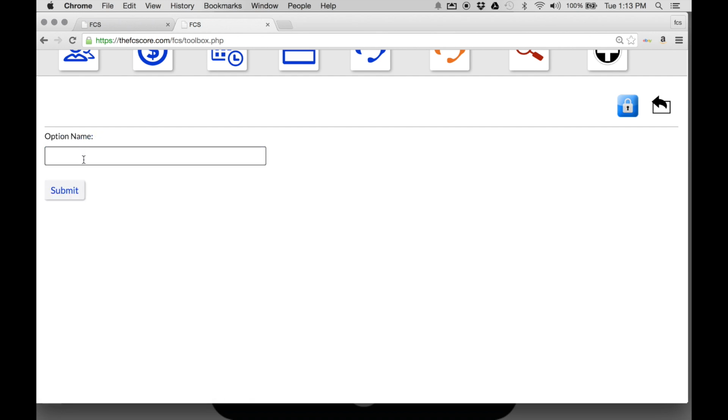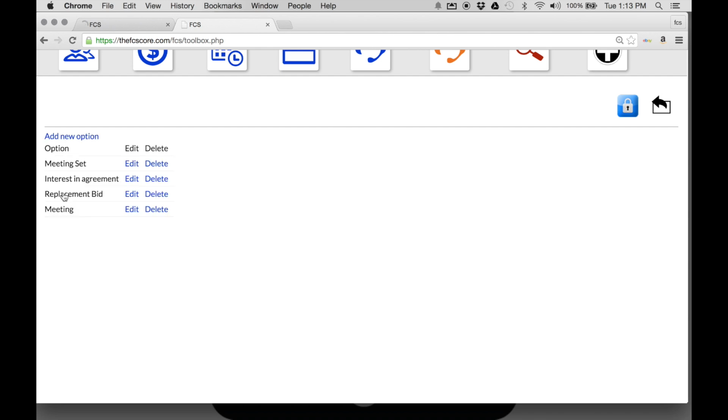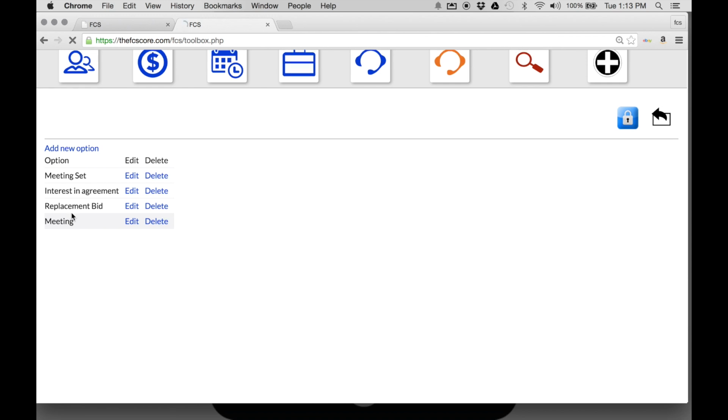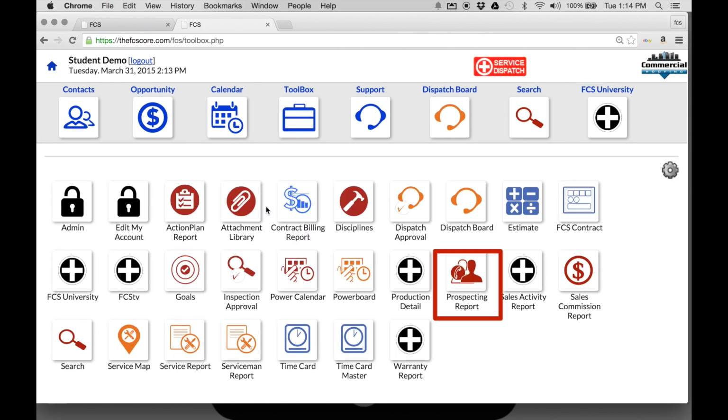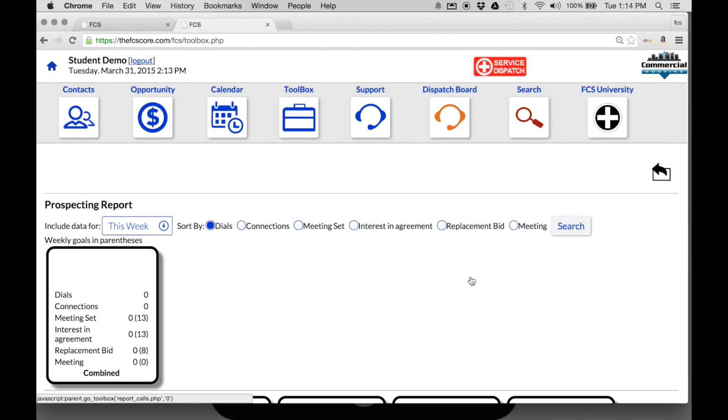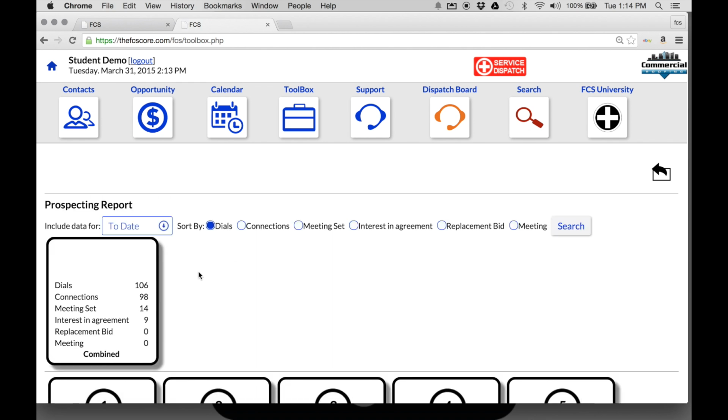You can add an option, and if the objective was to get a meeting, the option name would be simply meeting. When anyone makes a sales prospecting call and they meet their objective, they'll have an opportunity to select these options from their dropdown so that you can be able to track them in the prospecting report, which can be accessed in the toolbox to be able to track how your individual users are doing in attracting new opportunities within